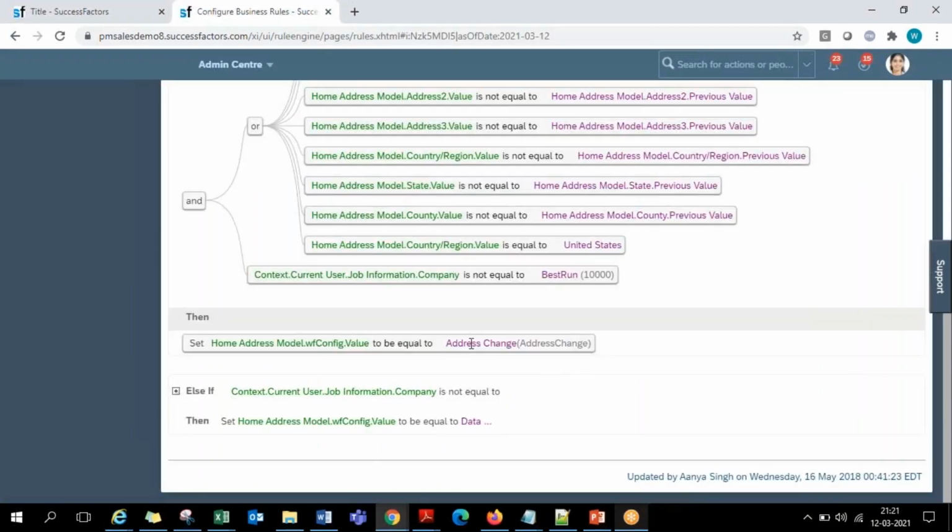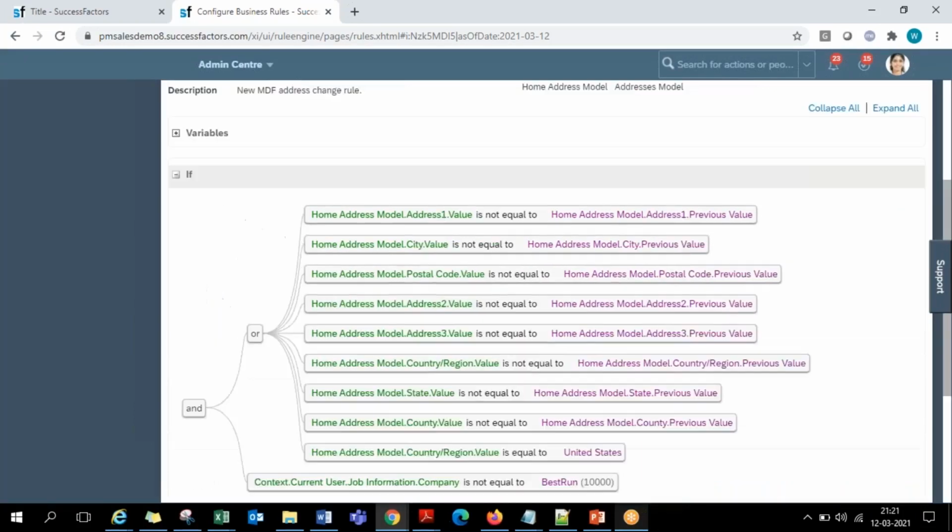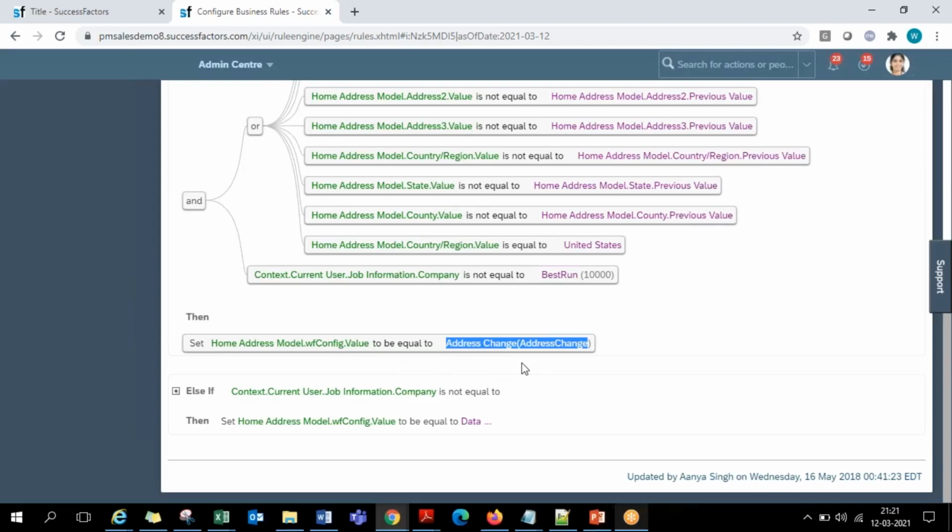That is called here in the business rule. That is the way. So this way we can have the conditions written without any coding, without any help of programmers. We as functional consultants can build our conditions, guys. So if any of these conditions is satisfied, then I want this particular workflow to be triggered. It's a very simple way of doing this. We'll also look into that now.